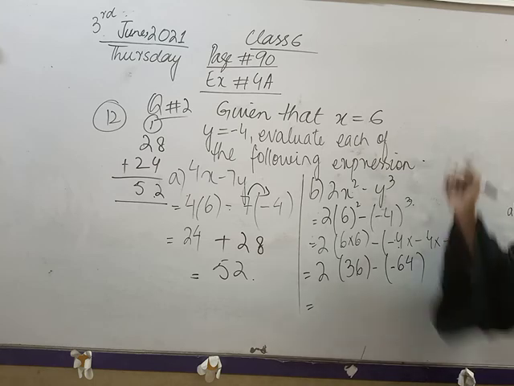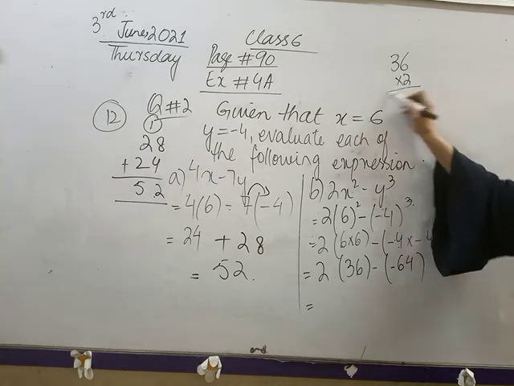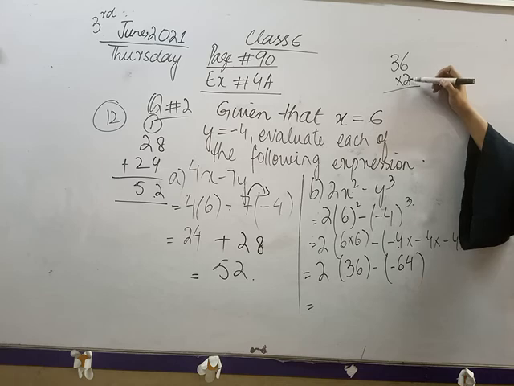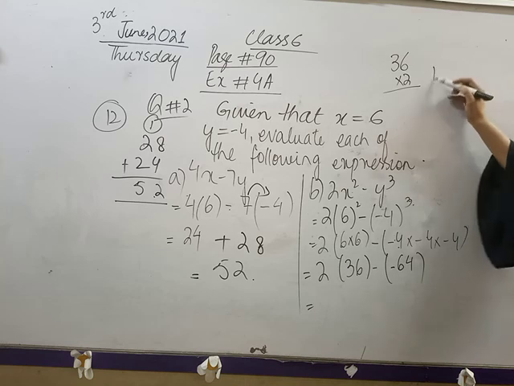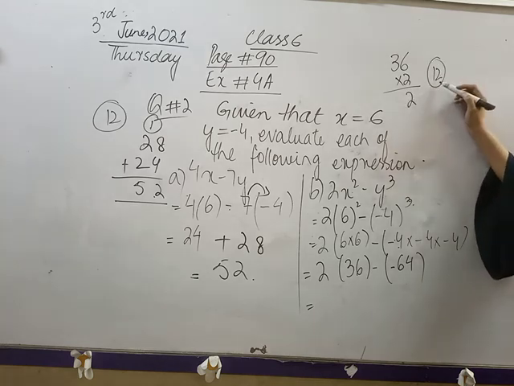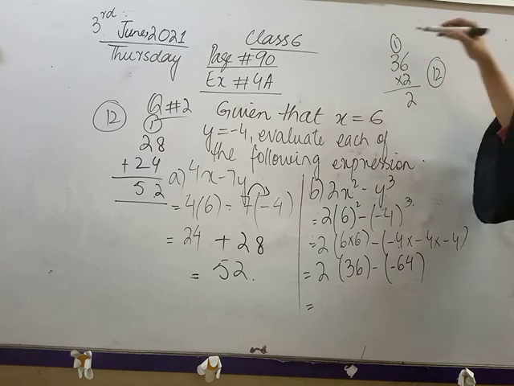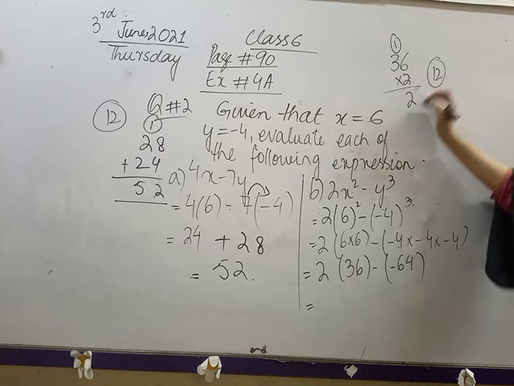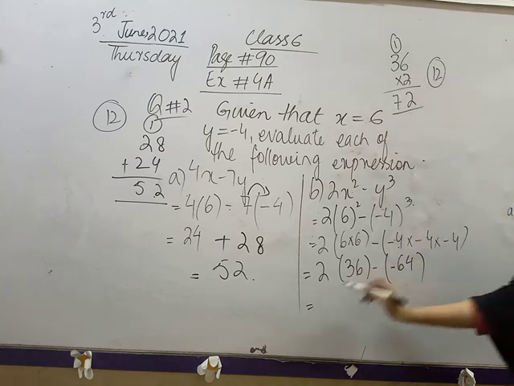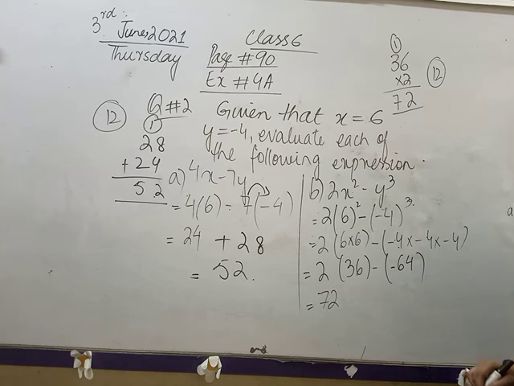Now in next step we have 2 times of 36. We will simply multiply 2 times of 36, and I am going to start from the right side because it is the rule that you will start from the right side. Now I have multiplication, 2 times 6 is 12. I have a 2-digit number. I will write 2 here, which is at unit place, and 1 as a carry, like this. Fine. Now 2 times 3 is 6, and 6 plus 1 is 7. 72. I will write 72 here.